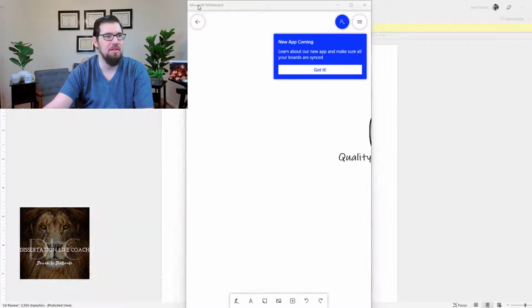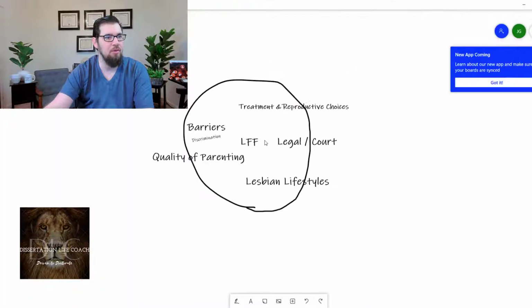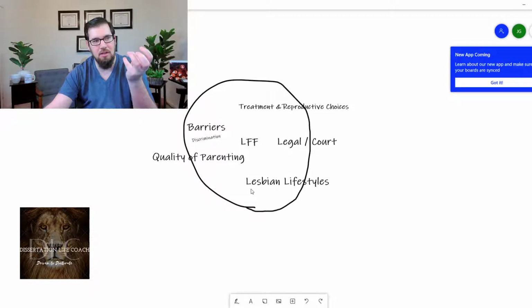So this is somebody's study of lesbian family formation. You put that at the middle, and then you start figuring out what fits. And you only create headings where there are big topics. So you put your topic at the middle and create a threshold level of relevance, and it must meet that threshold of relevance to be included in your lit review.